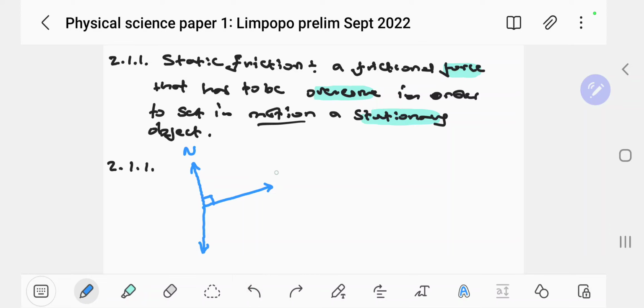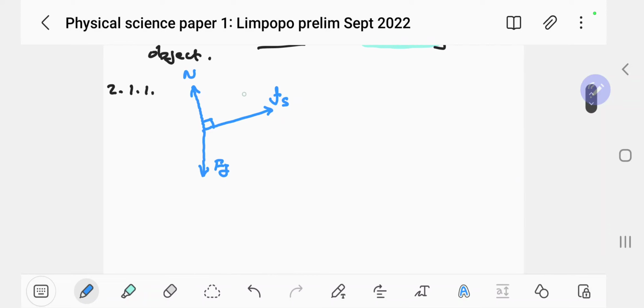So this is friction, this is static friction, and that is going to be the weight or Fg, force of gravity. These symbols are acceptable, by the way, so you don't necessarily have to write them down in full, that this is normal force, this is Fg, this is Fs. If you're looking at the guidelines, they actually accept these symbols. Fg is taken for force of gravity, or you can use capital letter W.